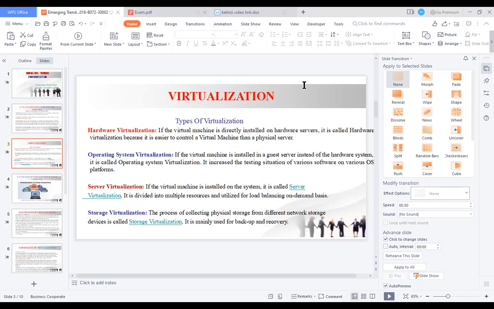Server, as long as we have a virtual machine in our computer, means that the device or the computer hardware installed in the computer can be performed in different ways. And here we have different multiple resources, and for performing this task we have storage virtualization.